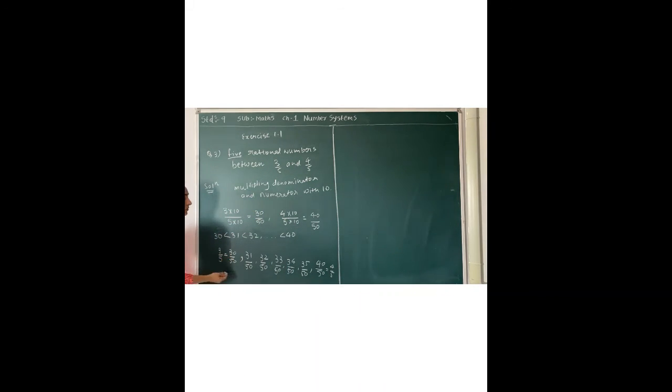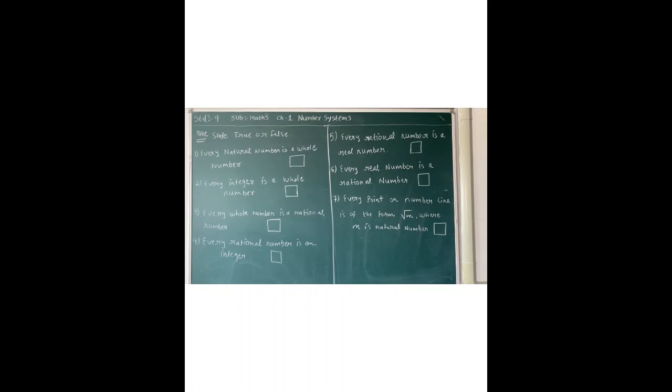This way we can find rational numbers between any two rational numbers. Now move on to the next questions. Now pause the video and note down all these questions. All these questions you have to